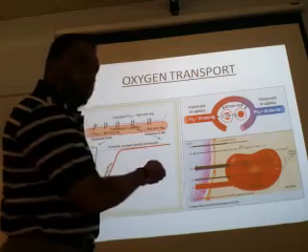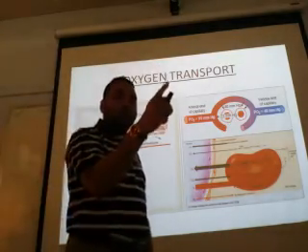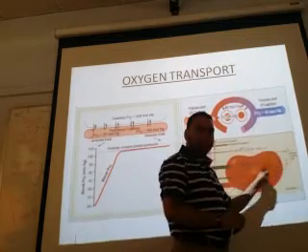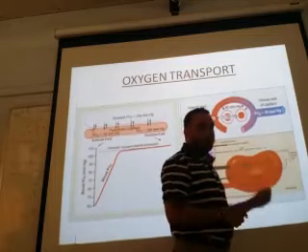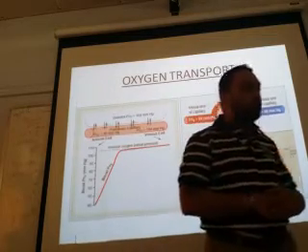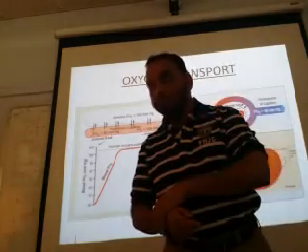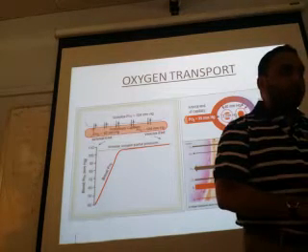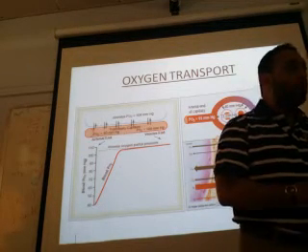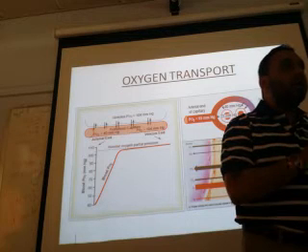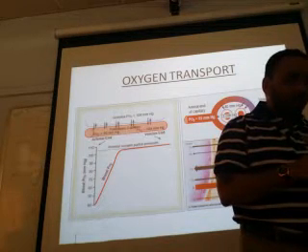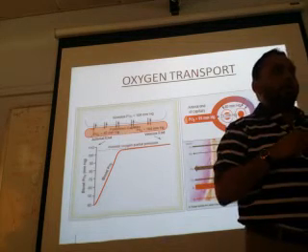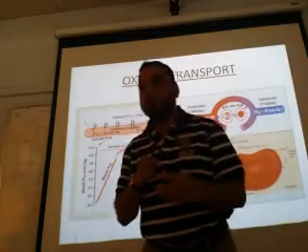Where is this chloride ion coming from? In carbon dioxide transport, chloride was moving in which direction? From the plasma into the RBC. Yeah. That was chloride shift. Why was chloride shift occurring? Because in carbon dioxide transport, the final product bicarbonate is given out of the cell, causing a disturbance in equilibrium inside the RBC. So to make equilibrium, chloride was shifting inside. This phenomenon is called chloride shift.